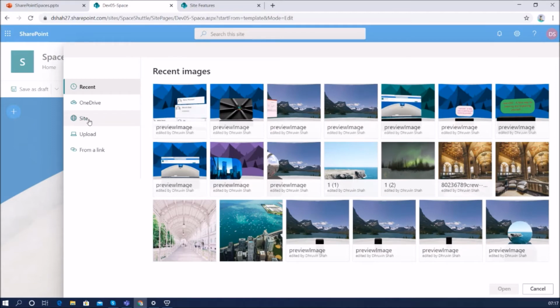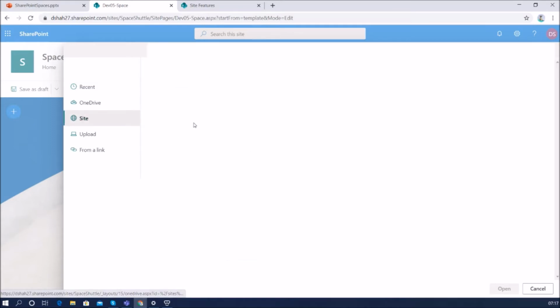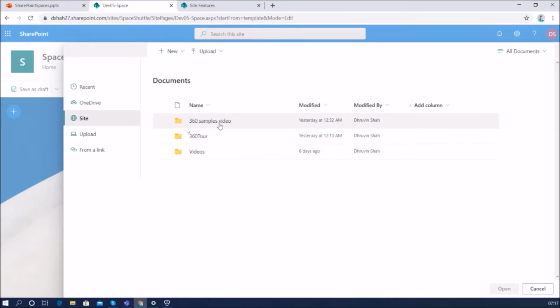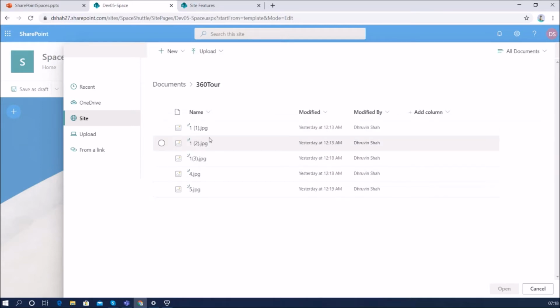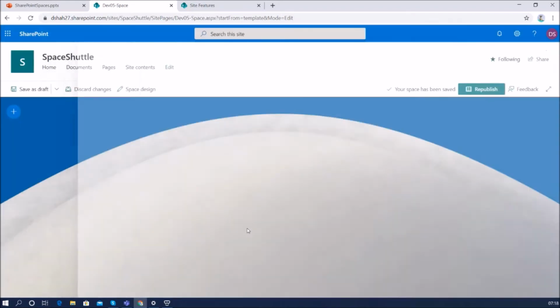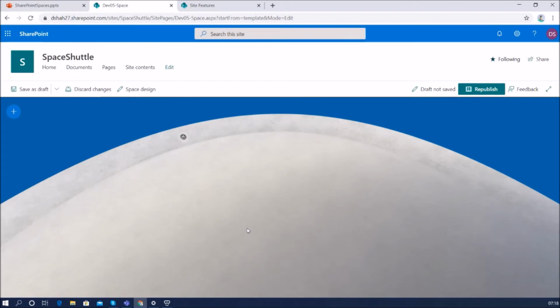For that I uploaded a few 360-degree images, so let me open them from there. If I add any of the images, it will add that 360-degree image over here like this.